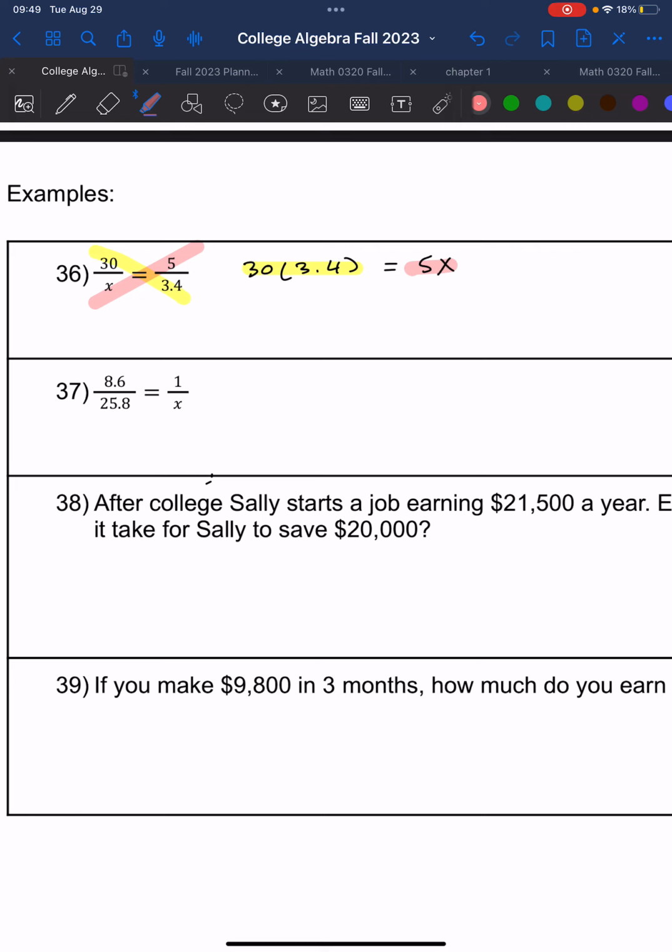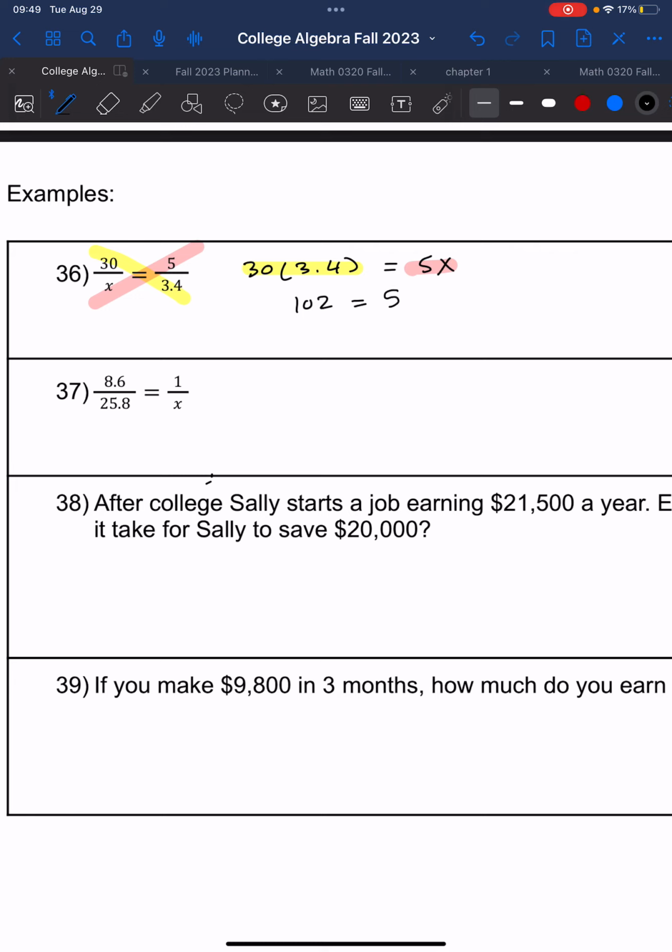Once we cross multiply, instead of having a ratio equal to a ratio, we just have a simple linear function. Okay. Meaning it is easy for us to get x by itself. So for this case, 30 times 3.4 is 102. Make sure I wrote that right. Yep, 102